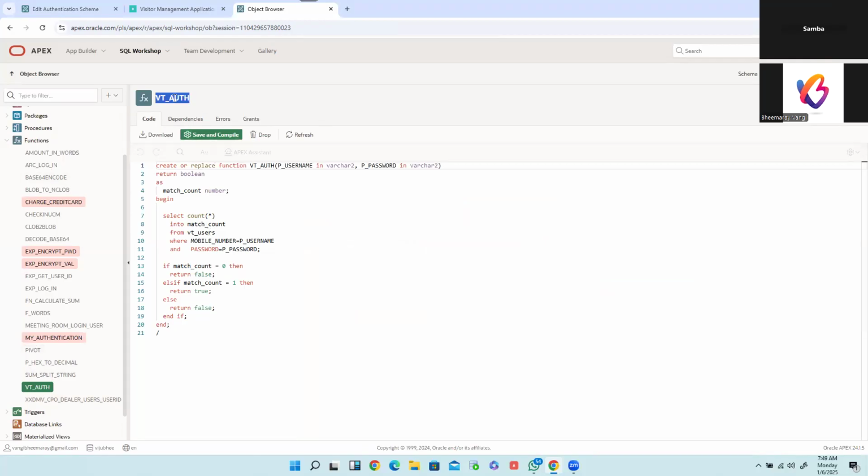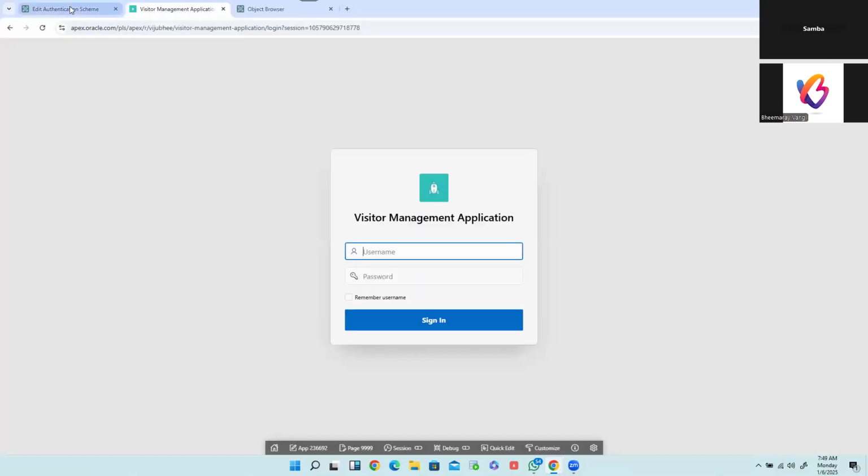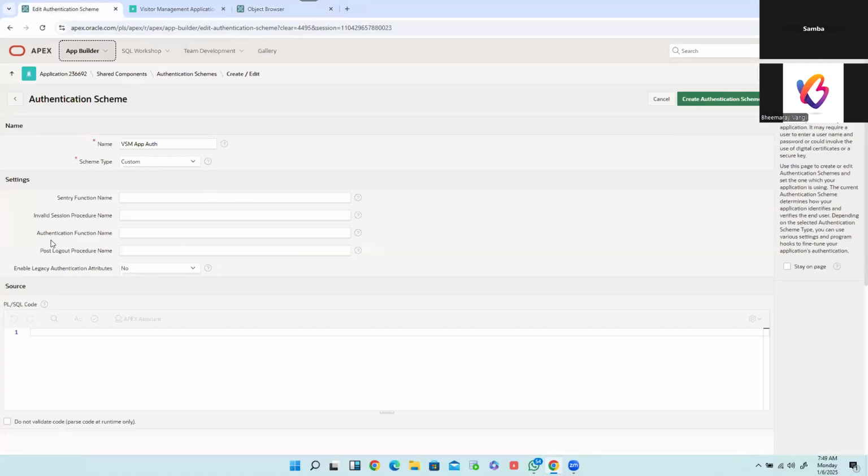Okay, so this is one function we have. This function accepts two parameters, p_username and p_password. One thing we need to remember: if we change these two parameter names, like if I just assume p username, this function will not work. So we need to follow a strict naming convention for these two parameters when defining the authentication function, because